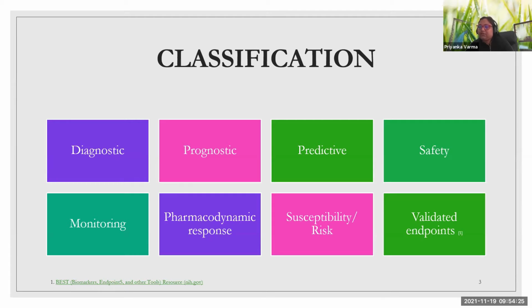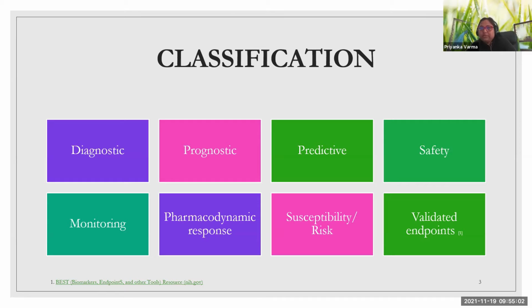Then the next one is safety biomarkers. A safety biomarker is measured before or after an exposure to a medical product or an environmental agent to indicate the likelihood, presence, or extent of toxicity as an adverse effect. For example, serum creatinine can be used as a safety biomarker when evaluating patients with impaired kidney function to see if the drug is causing nephrotoxicity. Bilirubin and hepatic aminotransferases can be used as safety biomarkers when evaluating potential hepatotoxicity, and so on. What are risk biomarkers?